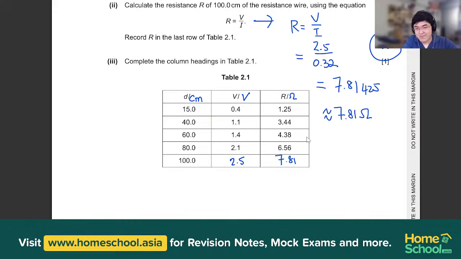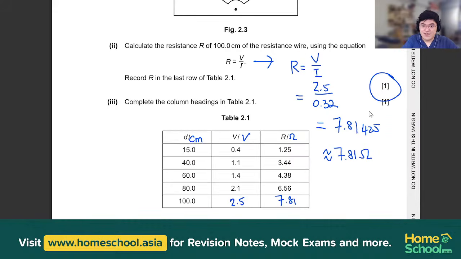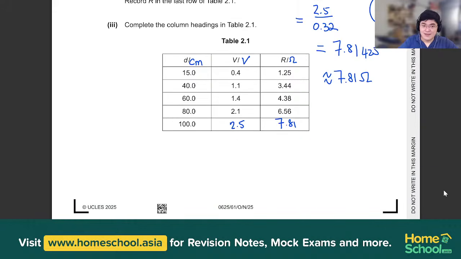Ohms over here. Okay, so writing down 7.81 over here gets you 1 mark for part 2, and writing down the column headings over here with cm, volts, and ohms shall also get you your 1 mark. Okay, pretty straightforward, yeah? Okay, very good. All right, now let's move on